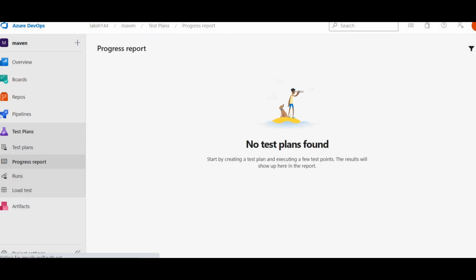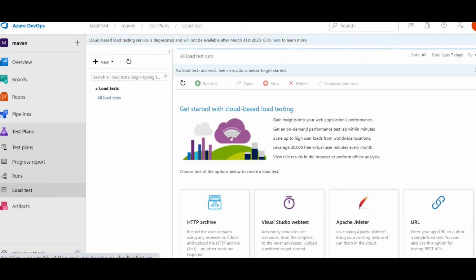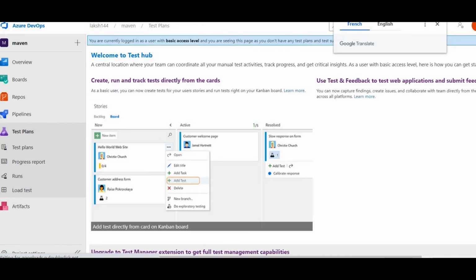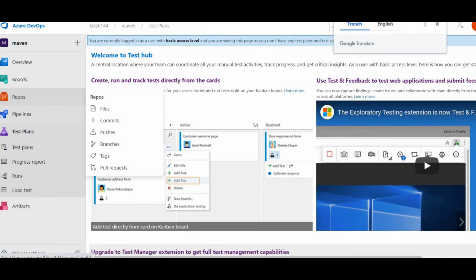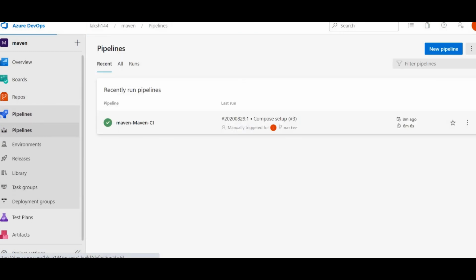Progress report, you can see it's not showing currently, it is not set up. Load test. You can also use test plans, which is a feature of Azure DevOps. So this is how we generate test plans and create build pipelines.